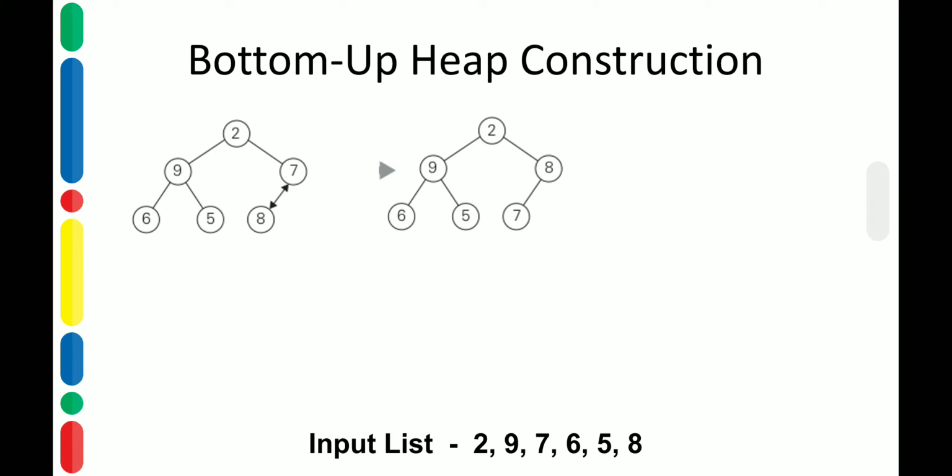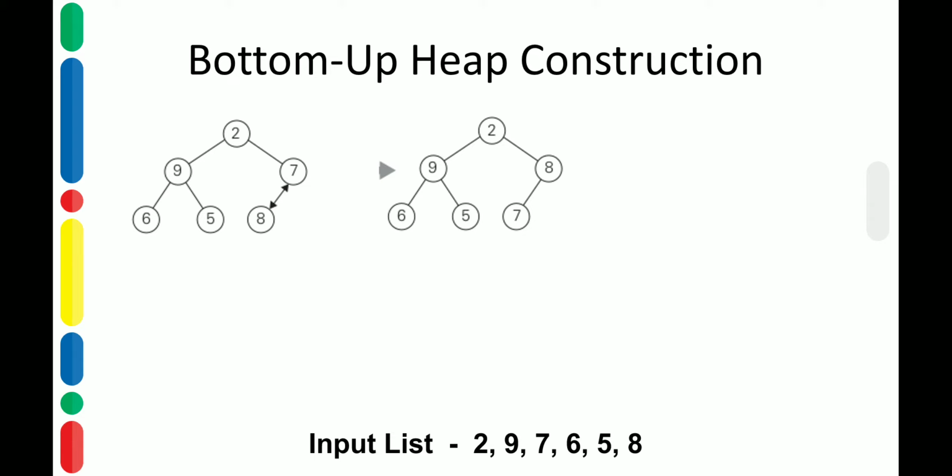And here again, at all positions, the parental dominance is satisfied. Okay, so now we are finished with checking at the position of the node 8 for parental dominance. After this we move to the immediate predecessor of 8. The immediate predecessor of 8 is 9 according to the array representation. We check whether the parental dominance holds.